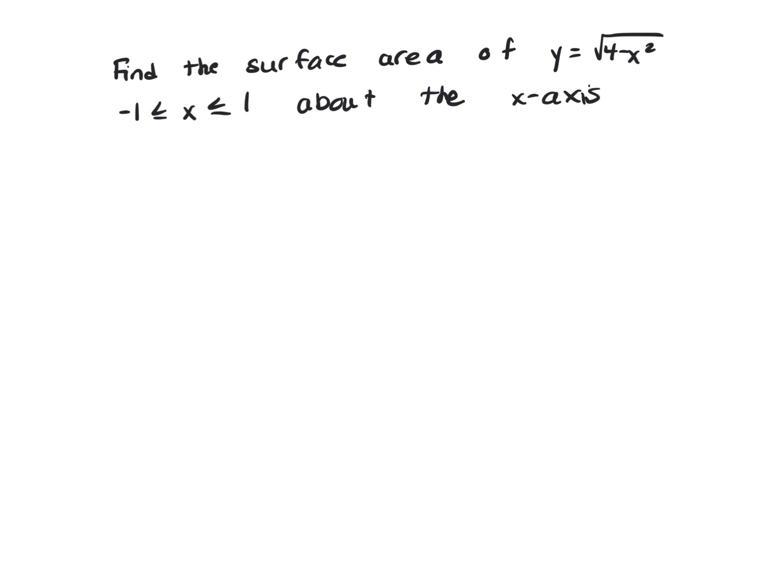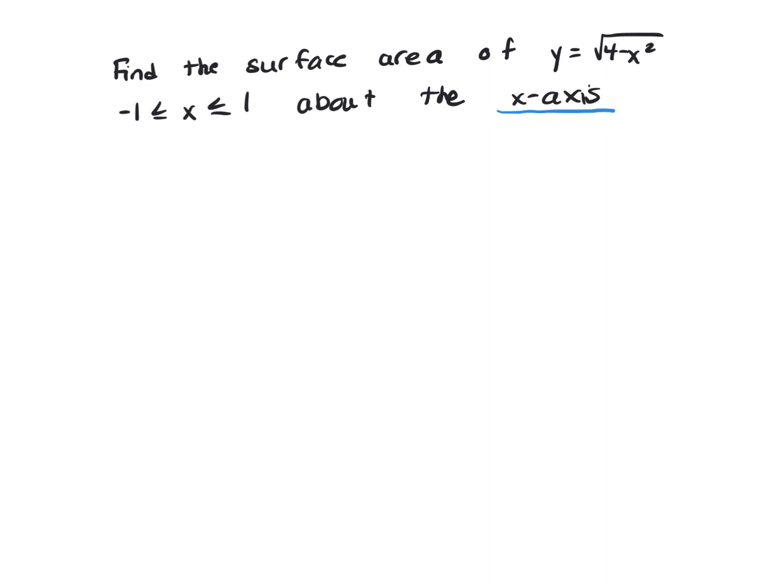Find the surface area of y equals square root of 4 minus x squared, where x is between -1 and 1, about the x-axis. The first step to find the area of the surface is to read the problem and determine if you are rotating about the x-axis or y-axis. And we are finding the surface area about the